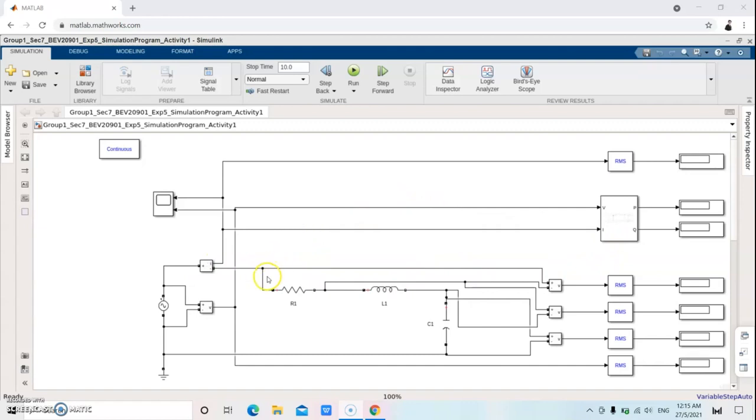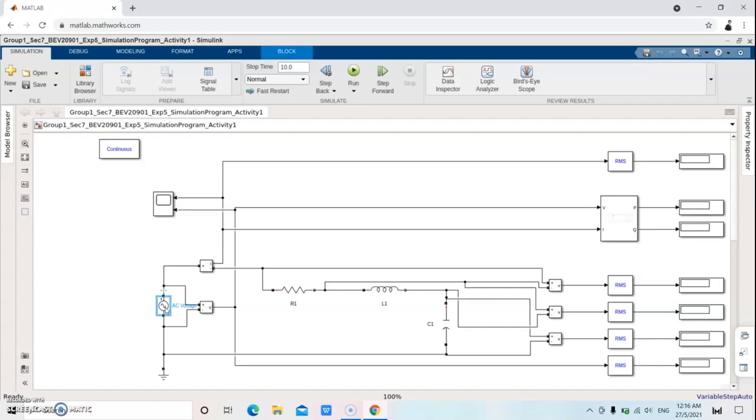voltmeter, and we connect to a resistor which is 100 ohm, and we parallel it with a voltmeter, and we continue to connect to an inductor which is 50 millihenry, and we parallel it with a voltmeter, and lastly we connect to a capacitor which is 16 microfarad, and we also parallel it with a voltmeter, and at the end we connect it back to the AC power supply, and we set the AC power supply according